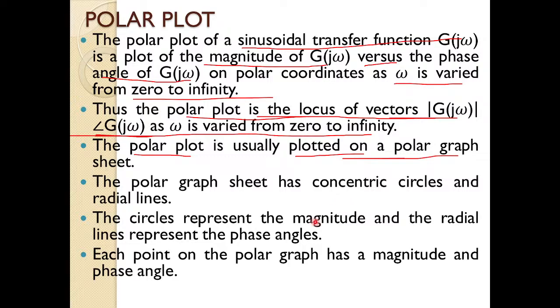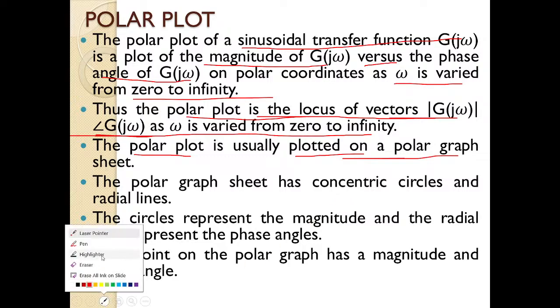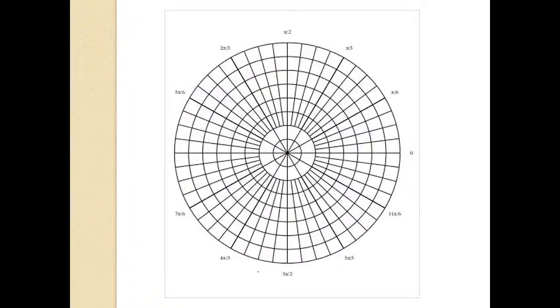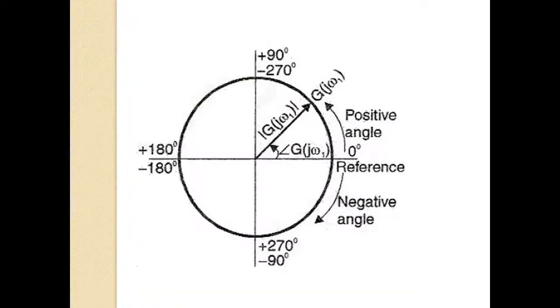Circles represent the magnitude, whereas these radial lines represent the phase angles. Each point on the polar graph has a magnitude as well as a phase angle. So this is it. Now if you see here,